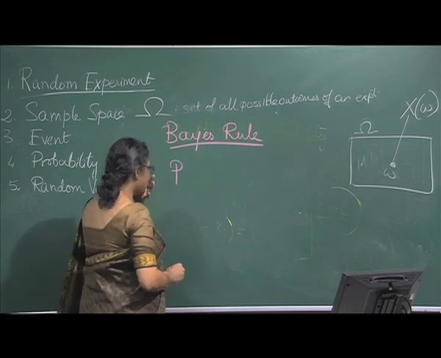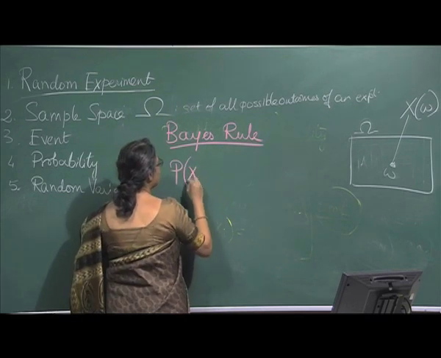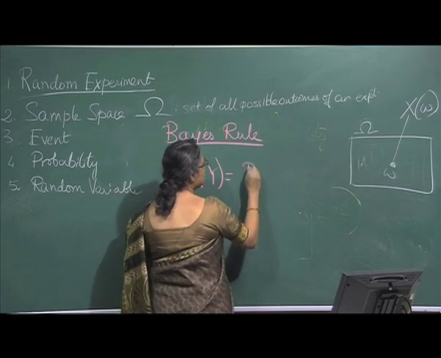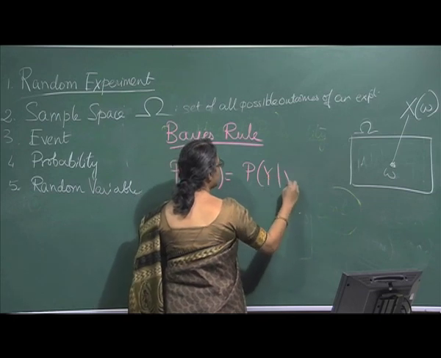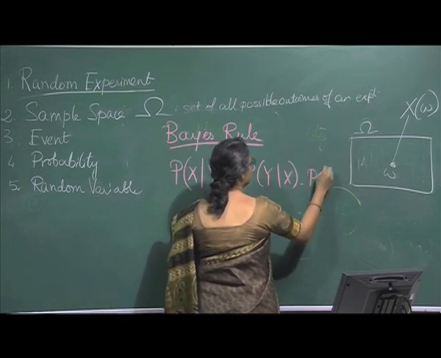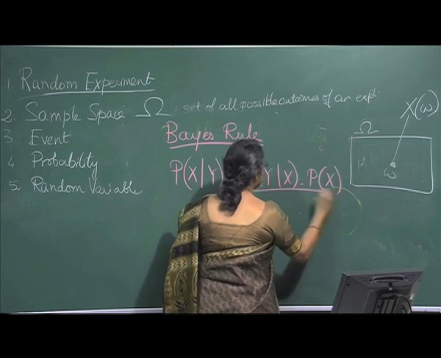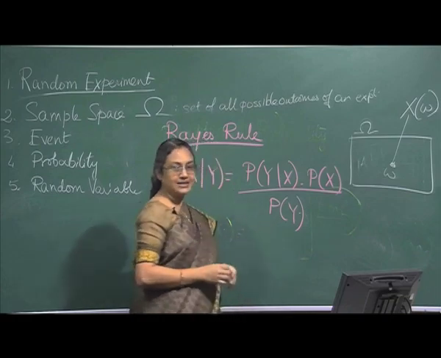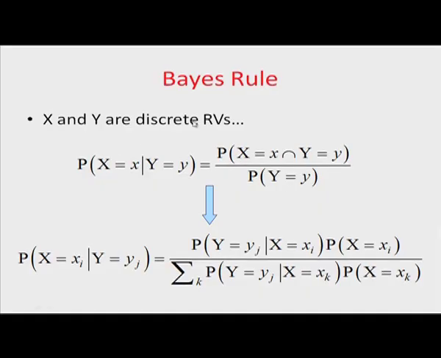Suppose x and y are two random variables. Probability of x given y can be written as probability of y given x times probability of x, divided by probability of y. Which means that if you take small x to be the value of the random variable capital X, and small y to be the value of random variable capital Y, probability that X equals x given Y equals y